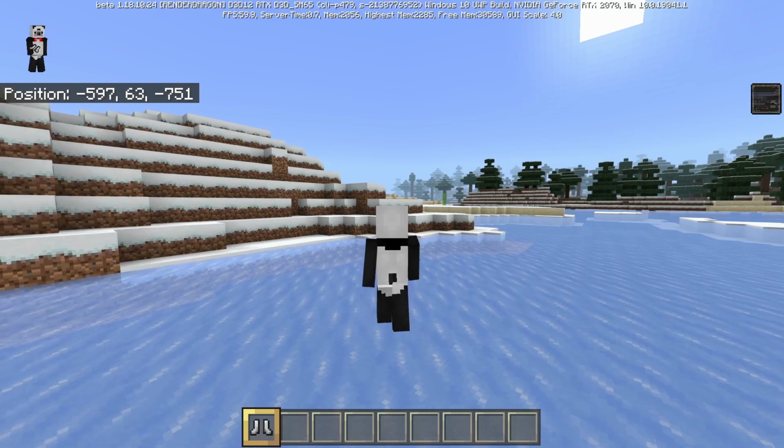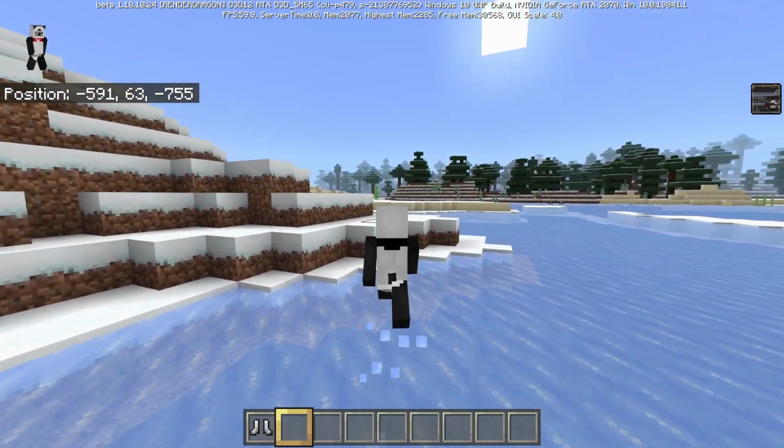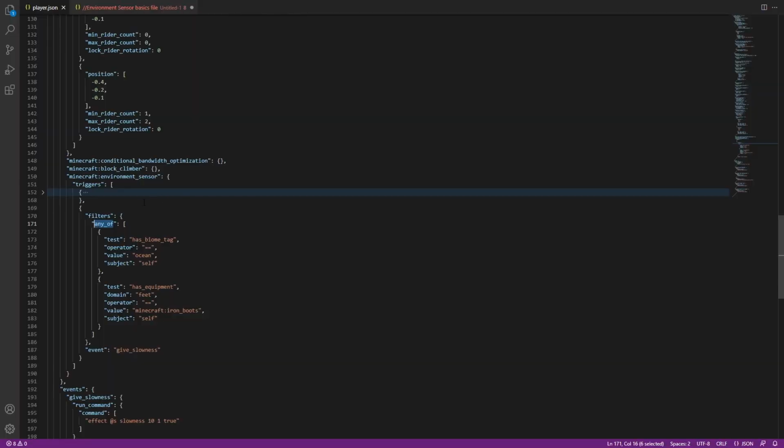So yeah, and then the last one we're going to be checking is none of. For none of, we're going to do the same thing we just did with all of. We're just going to change any of this time, and it's going to be none of. Now what this is saying is it's going to give the slowness effect if none